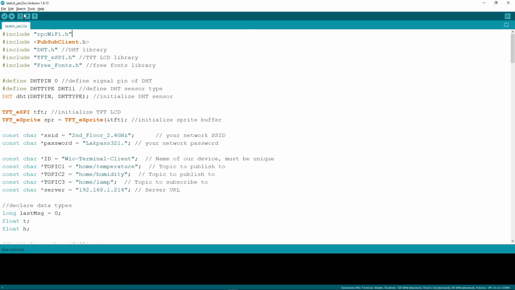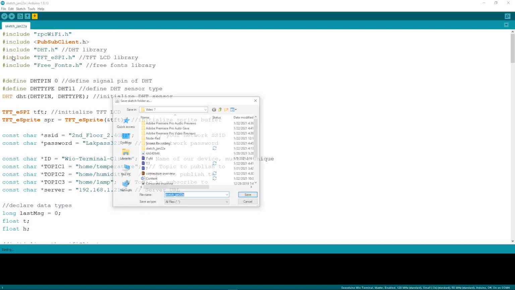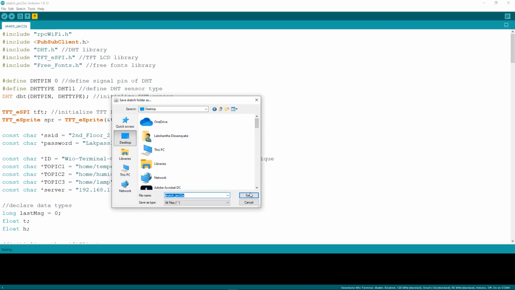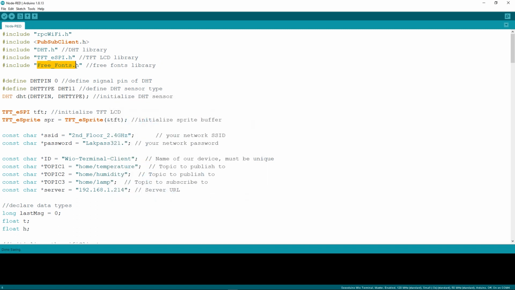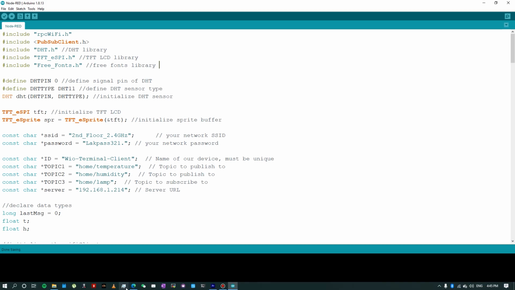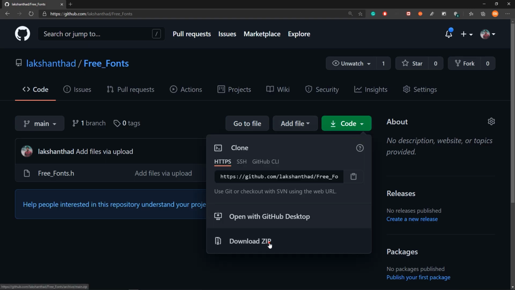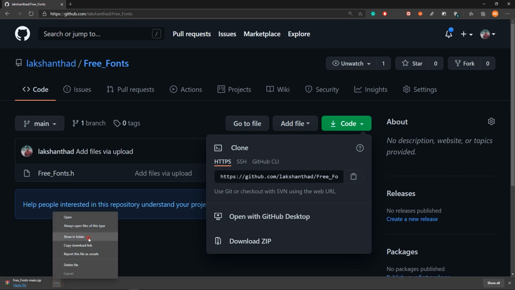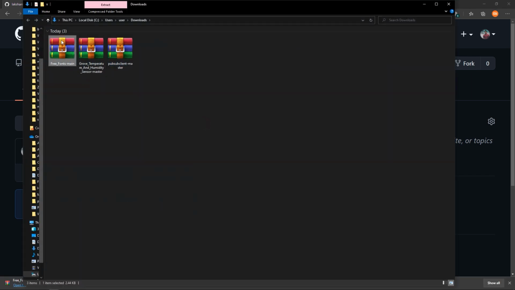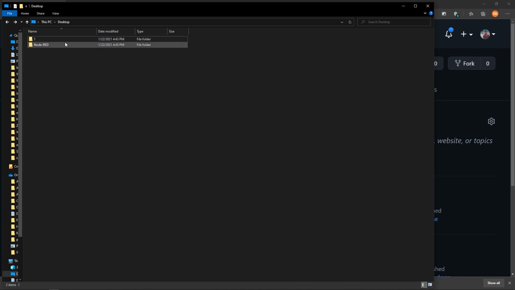Now let's save this Arduino file. Save it here inside the desktop, Node-RED. And now we need the freefonts.h library. Go into this repo and download it as a zip file. After that, open it, copy and paste inside our Arduino sketch folder.